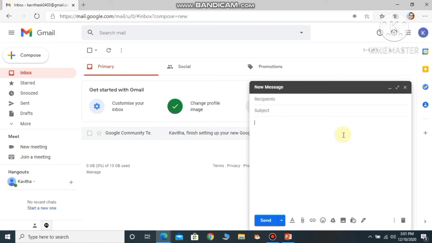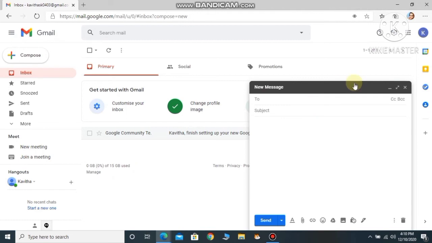Hope you understood. Now let us understand how to attach a file. Email provides the facility to attach files for high-speed delivery anywhere in the world. Attaching a file to an email is an easy way to send important documents or files, which can be photographs, videos, music, letters, or text. To attach a file, you have to follow some steps. Let me explain how to attach a file and send it.